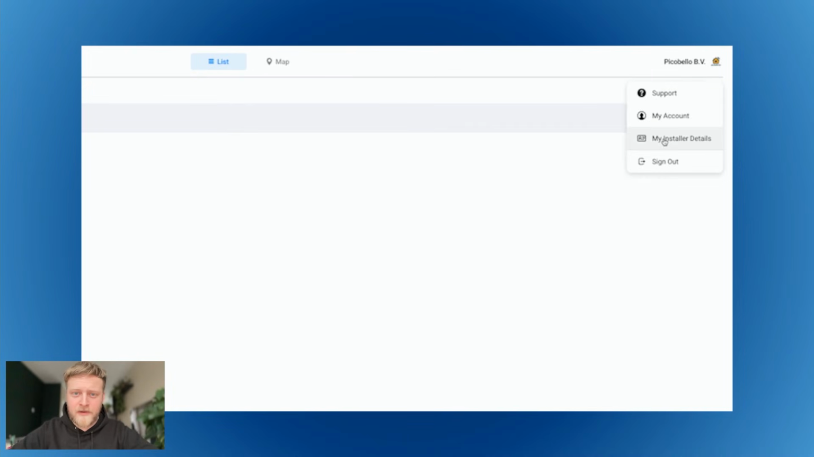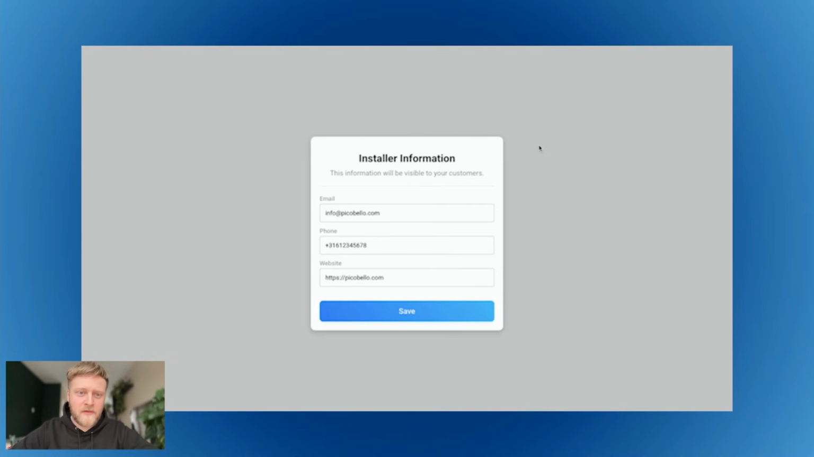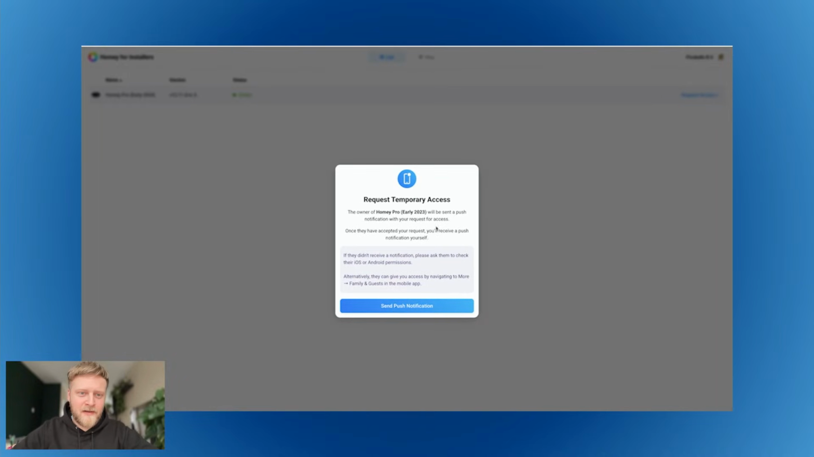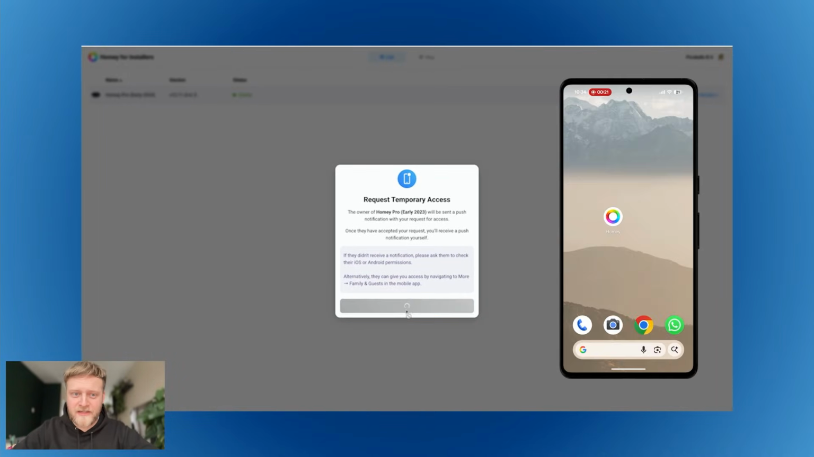All the way at the top, you can see your own installer account. You can also adjust your contact information if needed here. So that's your phone number, email address, and also the website. And if you want to get access to a Homey's user, you can simply press the request access button next